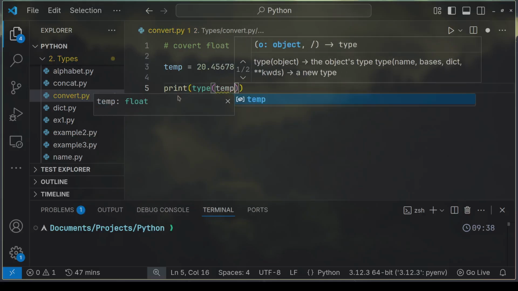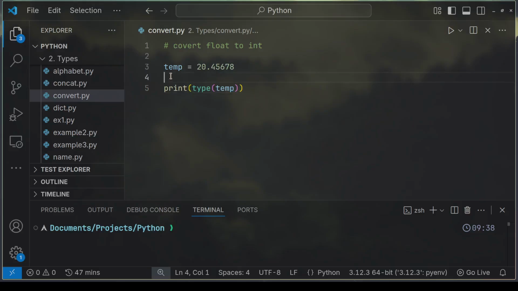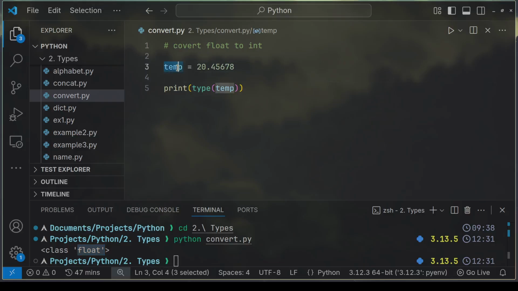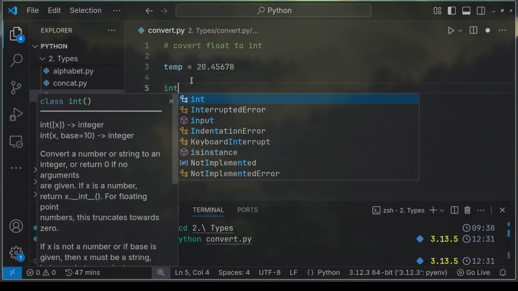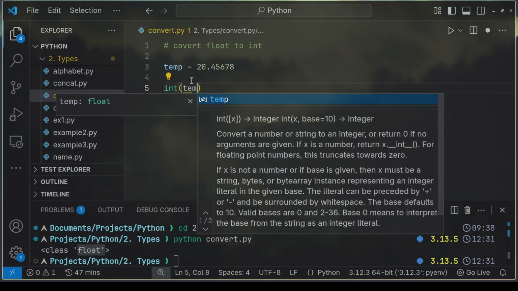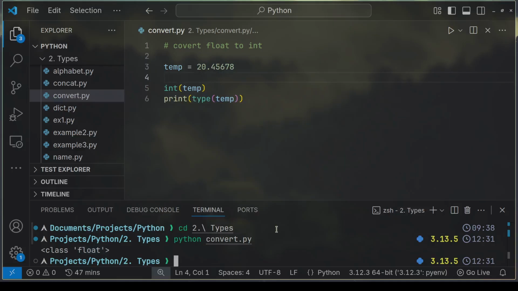What this does is show us what type temperature is. So let's go to the terminal and run Python convert. As we've seen here in our terminal, the type of temperature is a float. Now let's do int of temperature. So when we run this,